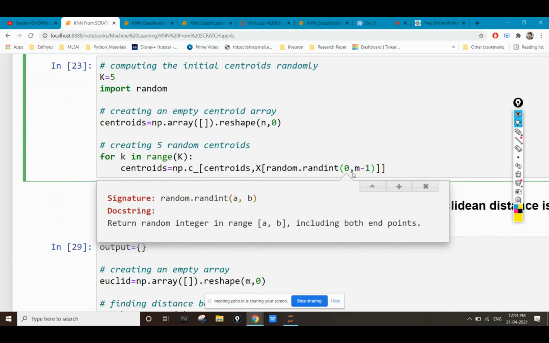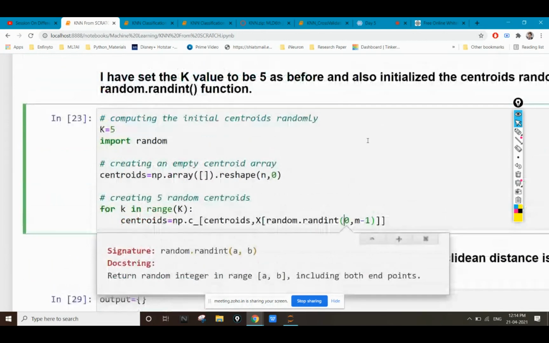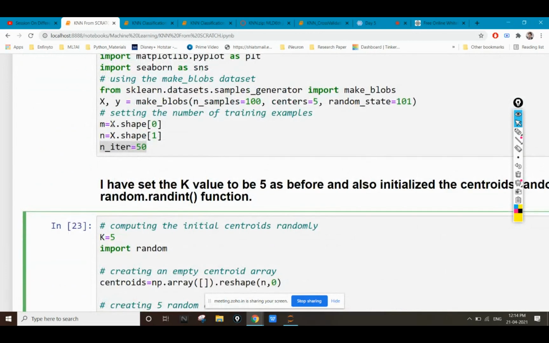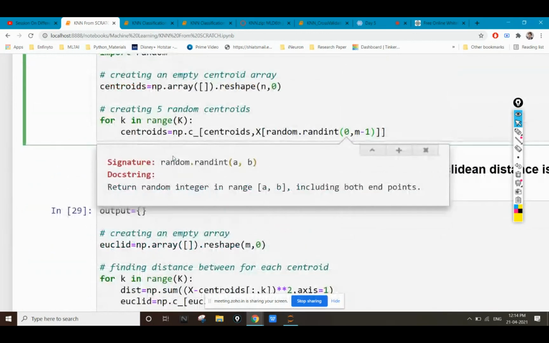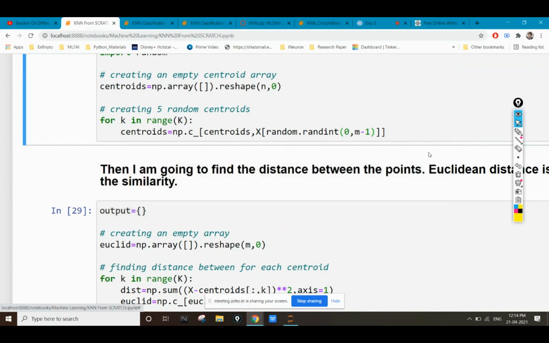So I will get a random value between 0 and m minus 1, where m is the number of points on the x-axis, and at that particular point I will place my centroid.